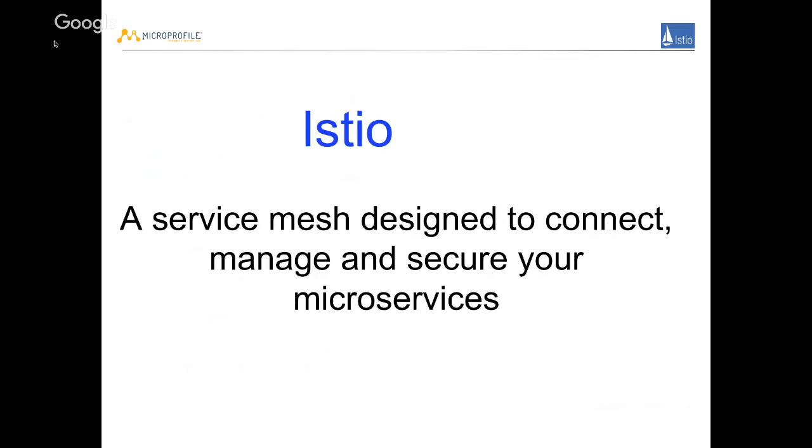The Istio 1.0 version was released at the end of July this year, and after release, it became very popular. And at the moment, there's Istio 1.0.3, so it's a very frequent release as well. Istio is a service mesh designed to make the connection, management and microservice communication more secure.